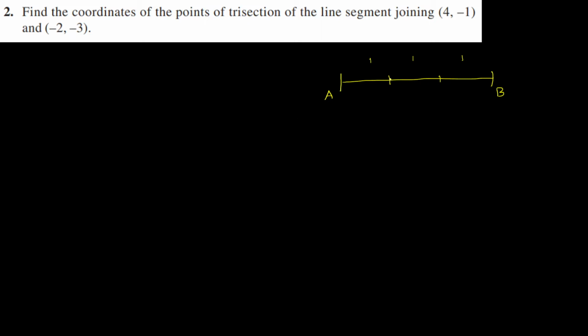Now let us assume this point as some point P and this point as some point Q. Here we are required to find these two points, one is P and one is Q. If you observe carefully, P is dividing AB in the ratio of 1 part and 2 parts, because A to P is 1 part and P to B is 2 parts. So to find P,